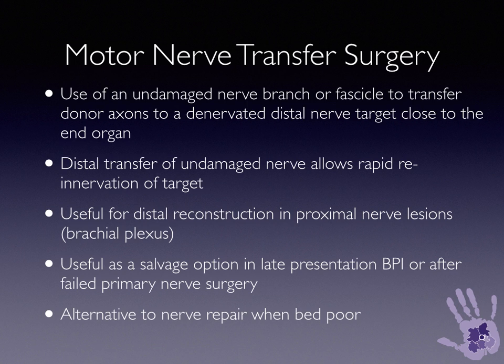Now, motor nerve transfer surgery is currently popular in reconstruction of peripheral nerve injuries. It relies on the use of an undamaged nerve branch or a fascicle to transfer donor axons into a denervated distal target. And this is usually done close to the motor end plate, so there's a rapid reinnervation time, or